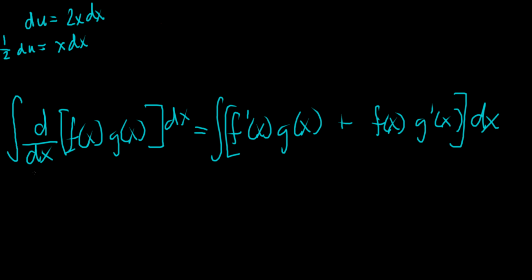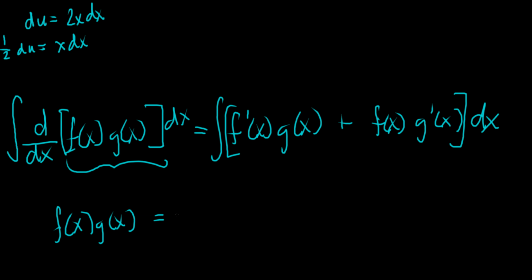Okay, note that here we have a situation where the fundamental theorem of calculus, I don't know if it's part 1 or part 2, but one of them will help us out, because one of those says that if you took the integral of a derivative, one cancels out the other. These are inverse functions, and then you'll just be ending up with whatever is this sort of inner function, and in this case that's what we want. So here we'll just end up with f of x times g of x on the left side